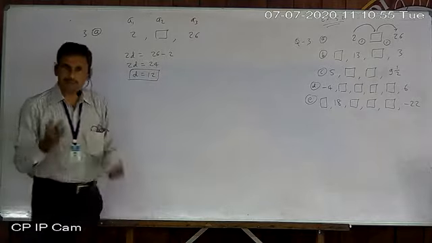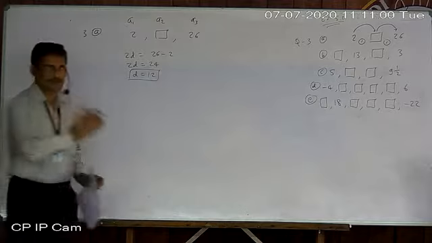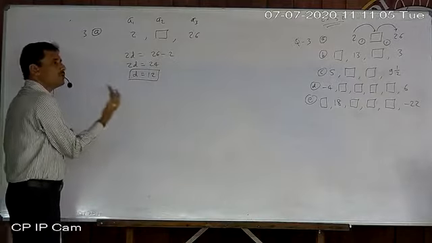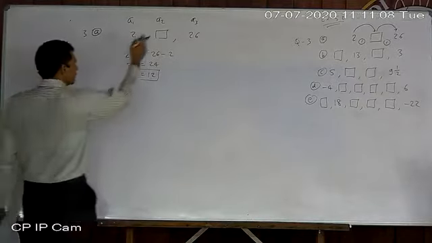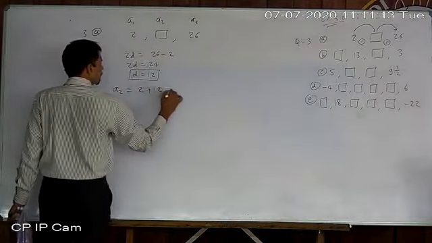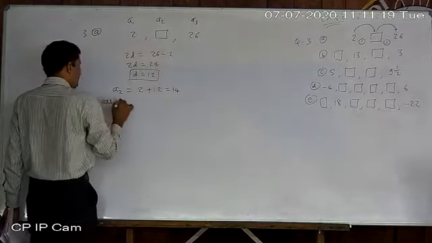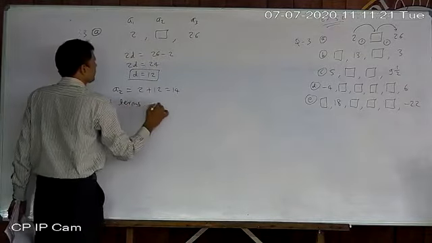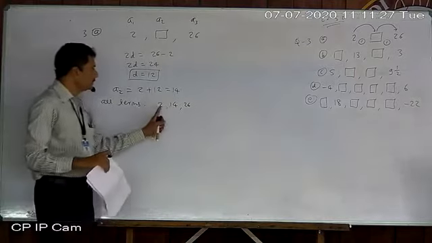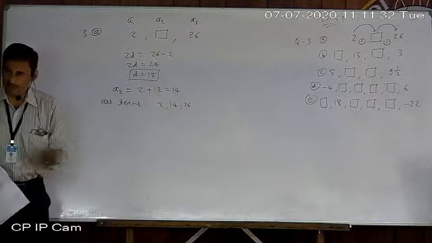After getting d, you can go in the forward direction or even in the reverse direction. Just add d, so you can go to the right side. If you subtract d, then you can go to the left side. Now a2 is nothing but what? 2 plus 12, 14. So the missing term is 14. Now write down all terms: 2, 14, 26. Now you can verify also. 2 plus 12 is 14, 14 plus 12 is 26. So obviously it is an arithmetic progression.